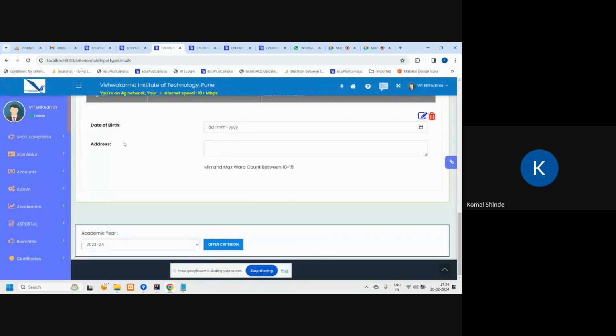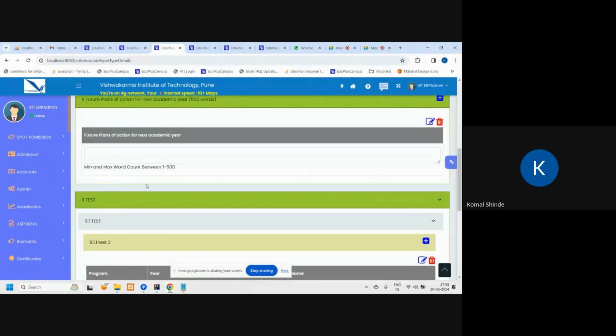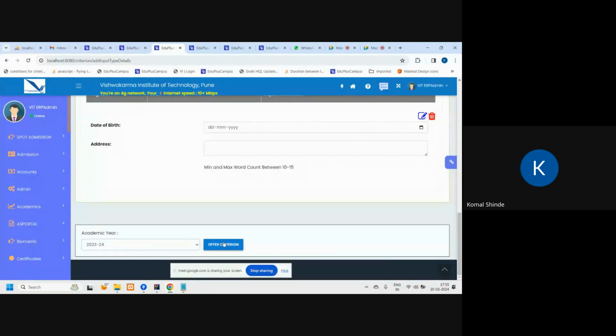So this is the master. This input type is added into the master, but we want to collect the data for academic year 23-24. Then we have to offer all these criteria to 23-24 from here, offer criteria. Right now, if